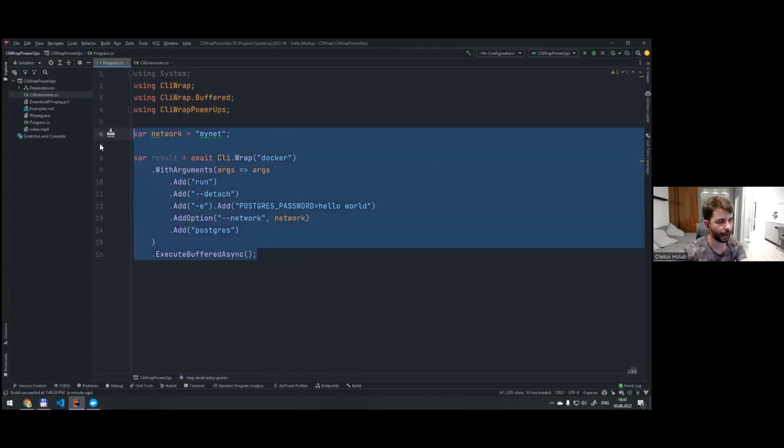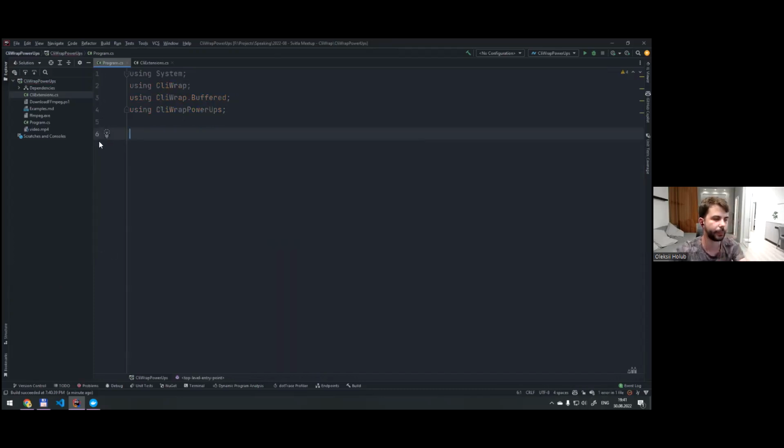Okay, so now people were asking, how can you run a command while handling the output as it appears instead of waiting for the process to exit? In CliWrap, everything is based on the piping model. And as far as the high-level execution models go, there's already one defined for this exact use case, which is the event streaming model. So we can go back to what we were doing, but instead of detaching, or instead of waiting